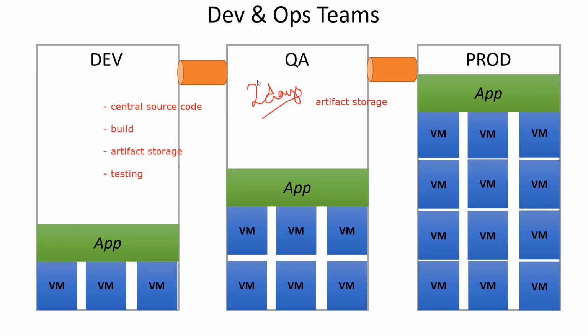Kumar, could you explain what artifact storage means? And Kumar, what is this pipeline? I didn't understand. No worries, I'll explain. Artifact means, in simple terms, I have asked my developer and he has given me 1,000 lines of source code. It's very difficult for me to run all 1,000 lines, so what I will do is build this and turn it into something runnable. Or, another way: one developer has given 1,000 lines, for example.